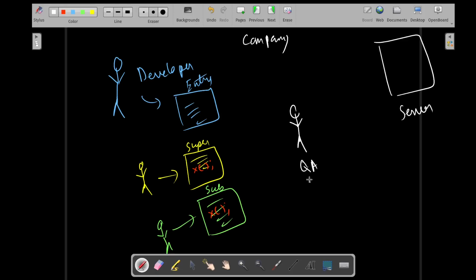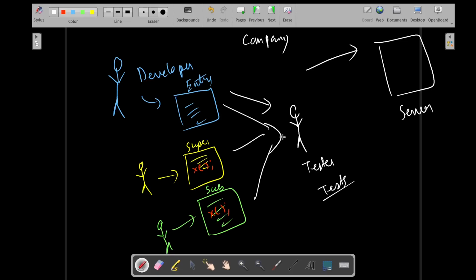QA means quality assurance, or before just going there, let's call this guy tester. Your code will only be allowed to serve once the tester tests your code, tests whatever you are passing it. He will test it and then he will approve if they are right. If they are wrong, he will not approve. Okay, so this is the reason he cannot go in